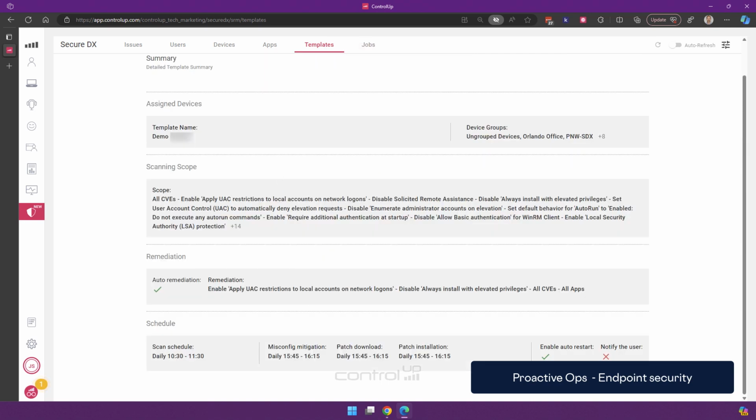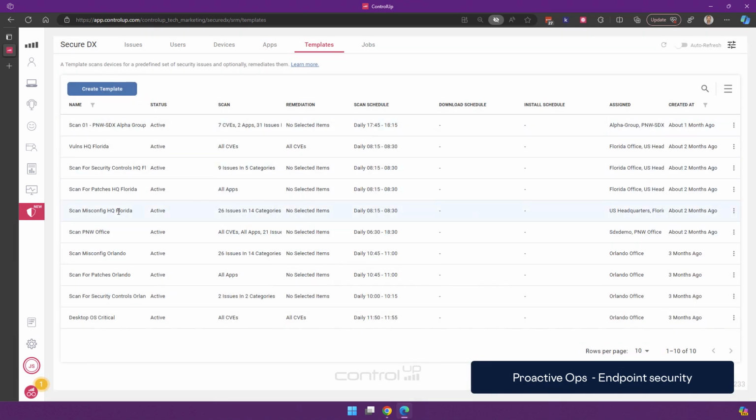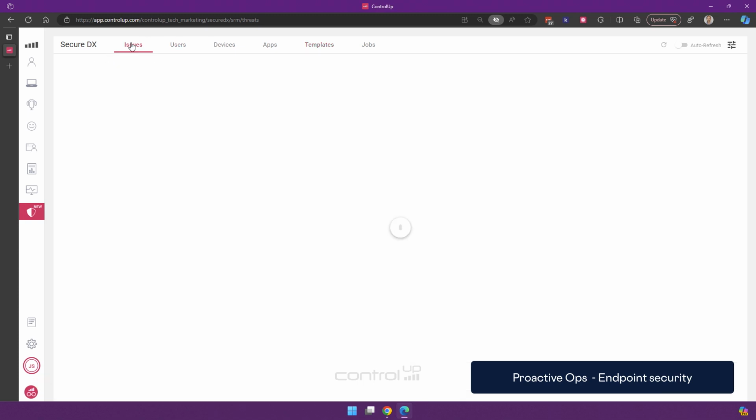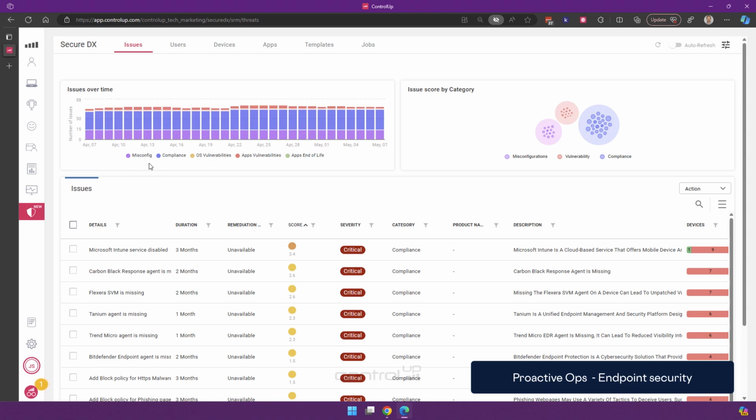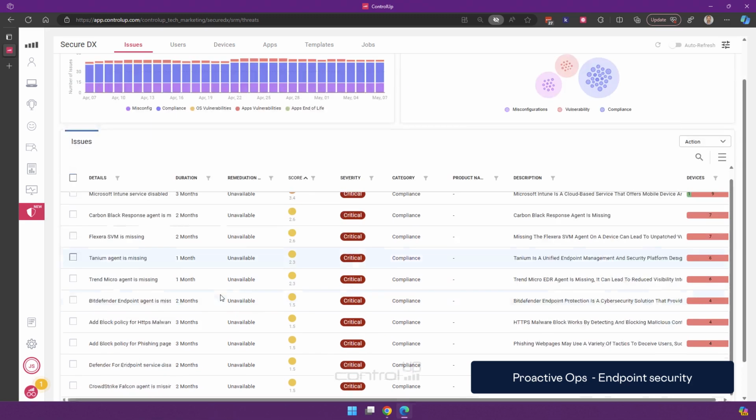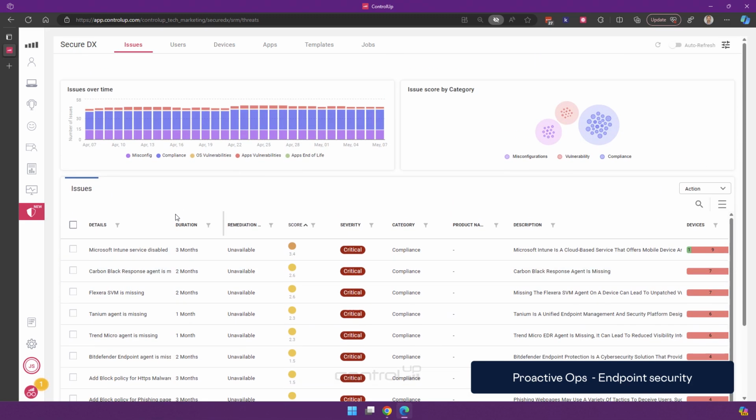I get a summary of what I configured. In this case, I'm going to cancel out because I've already have various templates created. And based on these scans, it will update the issues dashboard. So some of the things we cannot necessarily remediate, where we can and it's enabled, it will, and it will not appear on this list. But things like certain agents, like in this case, for example, Tanium agent is missing on 6 of my devices. I need to have a software deployment tool, for example, Intune, as we saw earlier, to actually address that. But what can be remediated, should be remediated automatically.